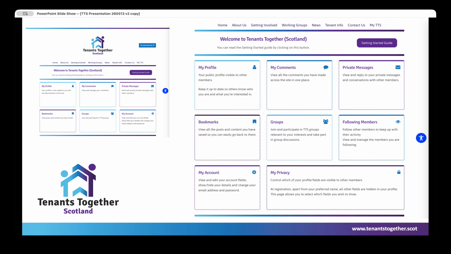So let me explain. Members will be able to message each other. They will be able to view each other's profile. They will be able to